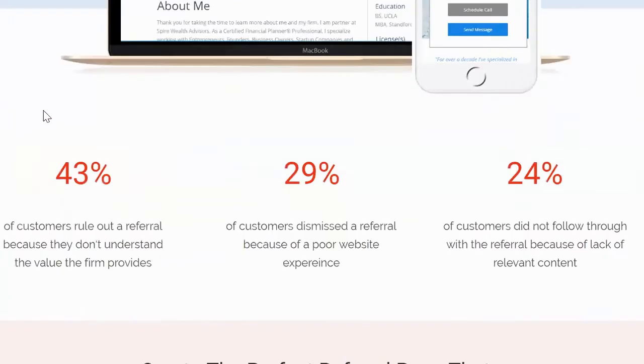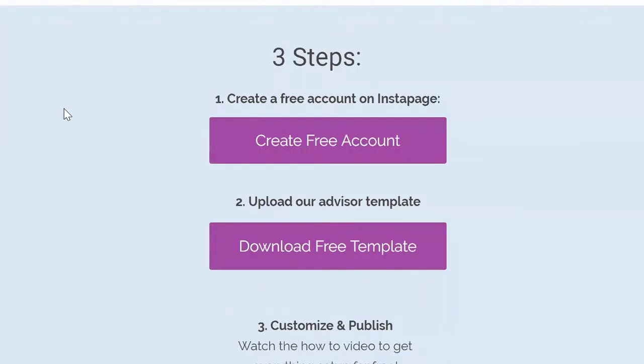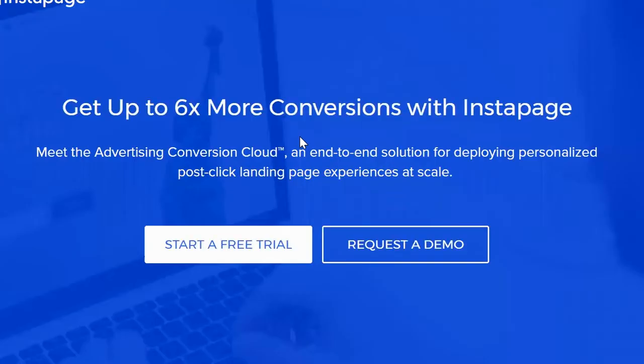Okay, to get started, it's very easy. There are three easy steps. The first step is to create a free Instapage account. So once you click on the button, you'll be taken to a page that says start a free trial. And just click on the free trial button, set up your account. Once you set it up, come back to this main page and move on to step two, which is downloading